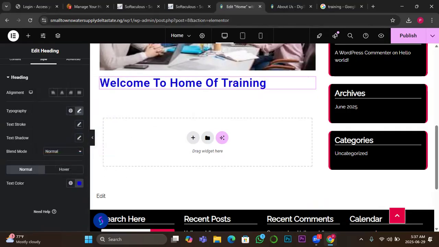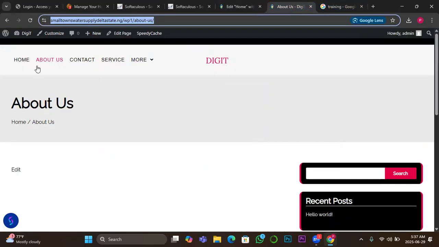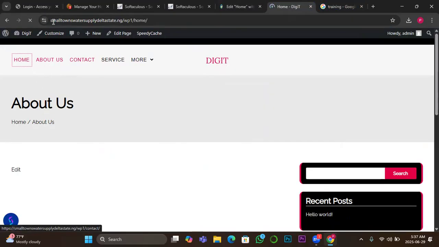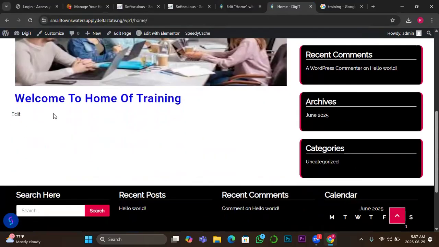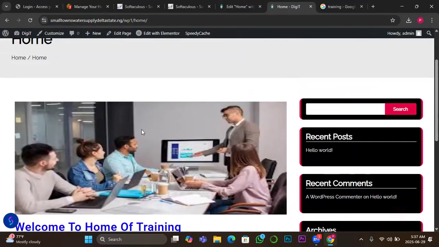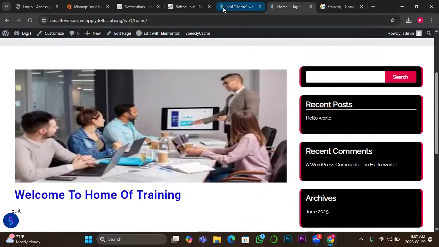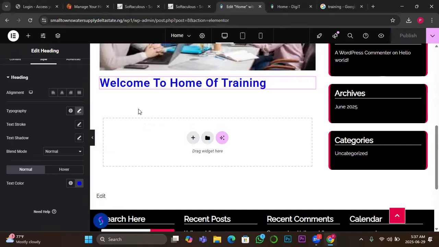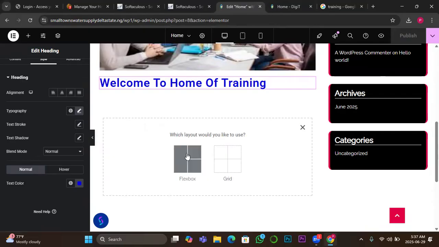Then after that, you publish. Once you update, you publish. Then you should always go back to your front end, click on that page and see whether the text has been added. So you can see you are gradually bringing up your website. The next thing is that I want to add a write-up about this particular company. So I will add a container with